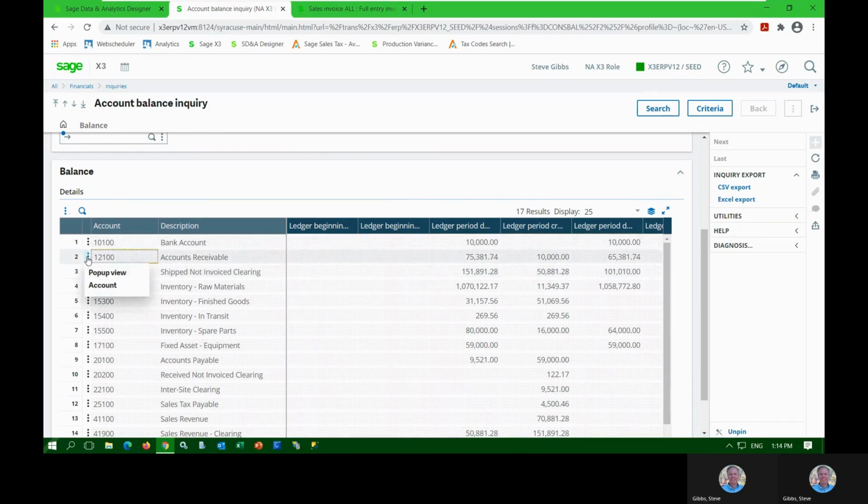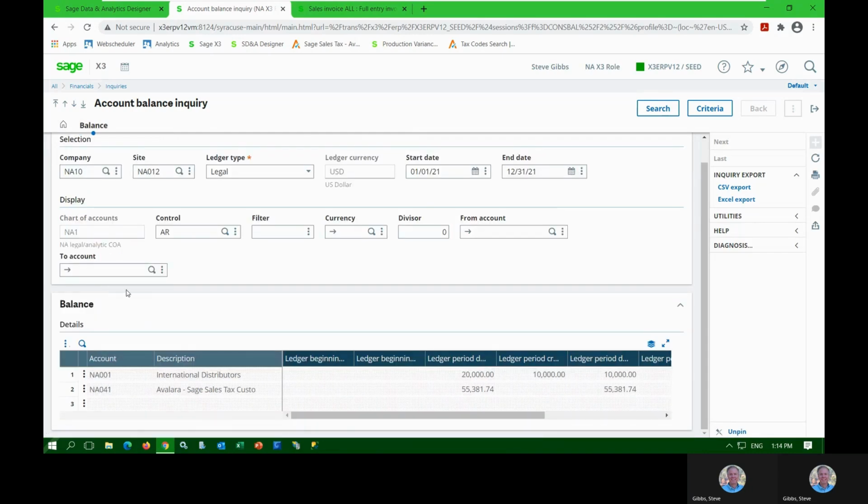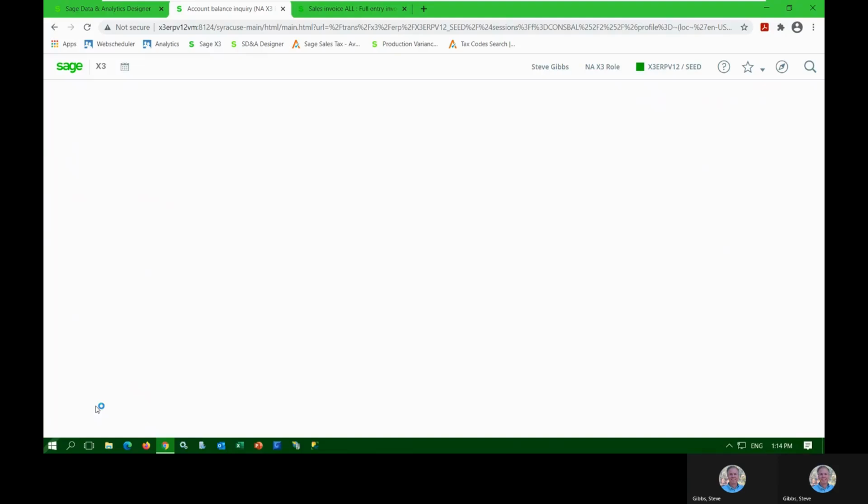And we could drill down further by picking this option here. So let's go down to the next level. Now, what the system has done here is it's taken us down to look at transactions by customer. It recognizes that AR is a control account. So instead of just taking me straight down to actual business transactions, it's taking me down to this next level view that is showing me, in this case, AR transactions by customer. So maybe I want to look at the transactions for international distributors because I'm interested in this $10,000 period credit. So I can now pick this customer and drill down even further